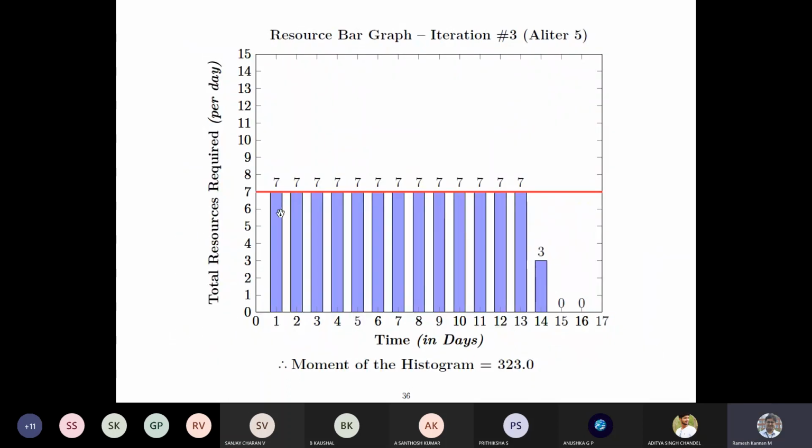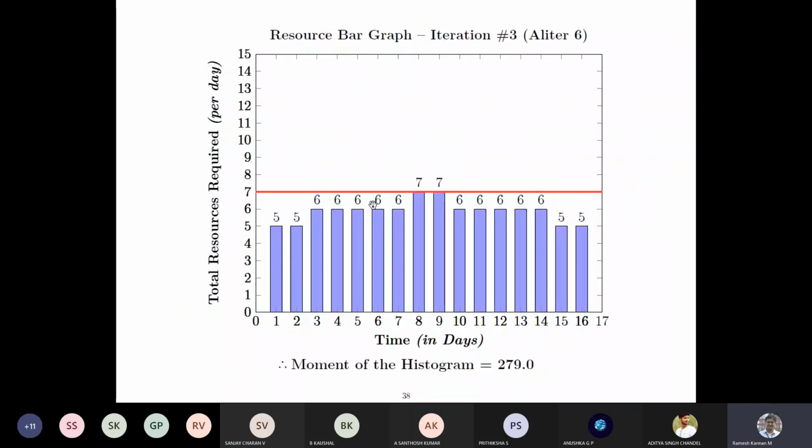And then we talked about the other way, where we provide maximum resources till 13, then the 14th day will be 3, and the 15th and 16th are 0. But then the moment is pretty high. You see, when you have some 0 allocations, the moment shoots up to 323, which is way higher than 318. Even the 318 moment is itself an over-allocation problem, so it is a very stringently allocated profile. Or if for 2 days there's no allocation at all, then that's not going to be very interesting.